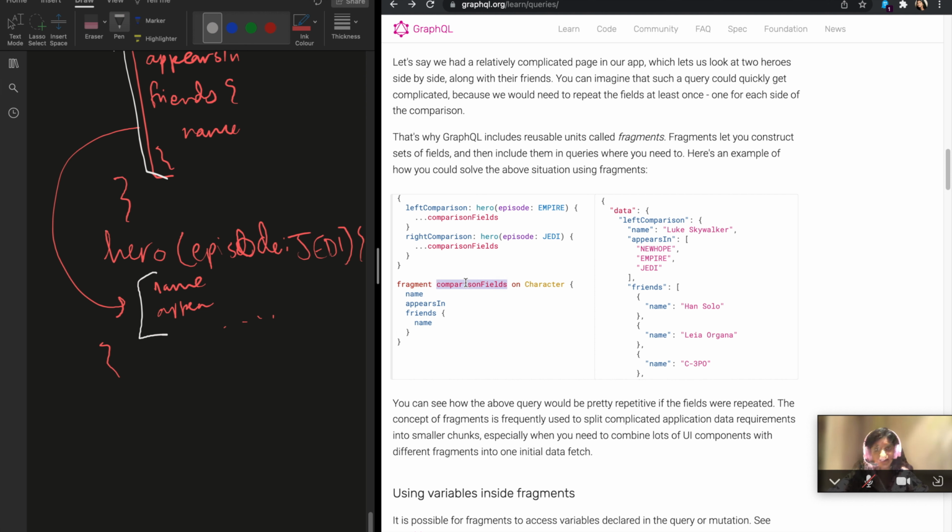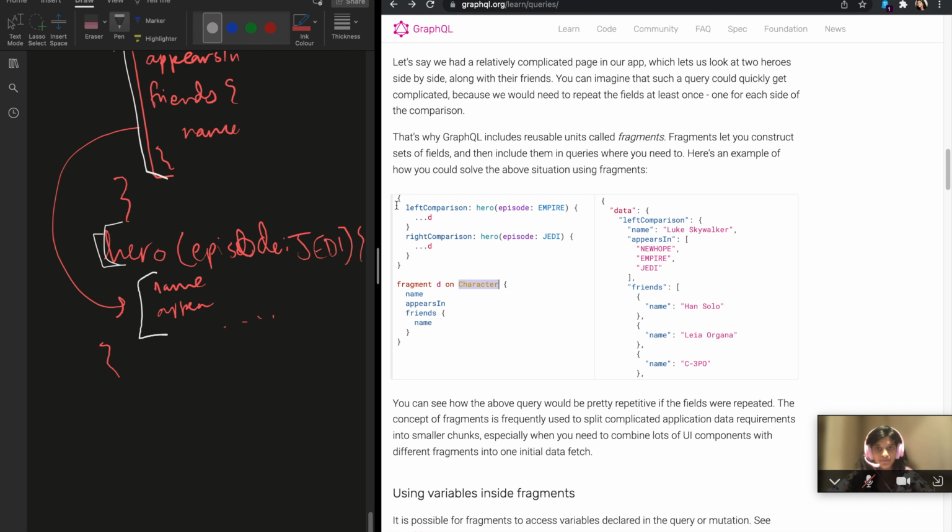The fragment then has a name. We can name this whatever we want to. I can call it D, and it's fine. Well, it's supposed to be fine. Hang on. Yeah, so I can call it D, and this is fine. And this fragment is on character because this over here, or this over here, is a character. Hero is a character. So we create the fragment on the character because the fields of character that we want are these fields. So that's how it actually does its validation. It knows that these fields have to be in character. Okay, this makes sense,